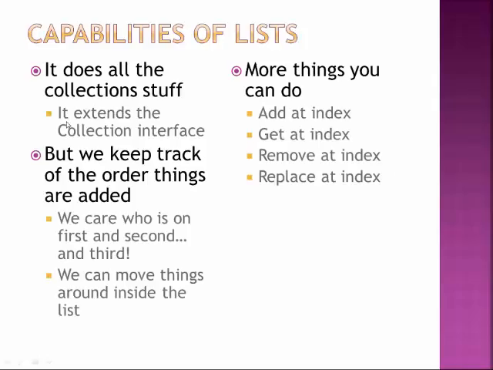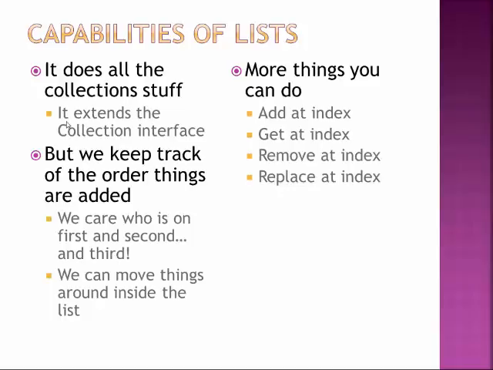The first type we're going to dive into in detail is going to be lists, because those are going to be the most common that you're going to run across. The idea of a list is it does everything the collection does. I can add stuff into it, I can remove stuff out of it, I can iterate through it and stuff like that. But as we said before, the most important aspect of a list is it keeps the order in which things were added. Which one was added first, which one was added second, and I can move things around